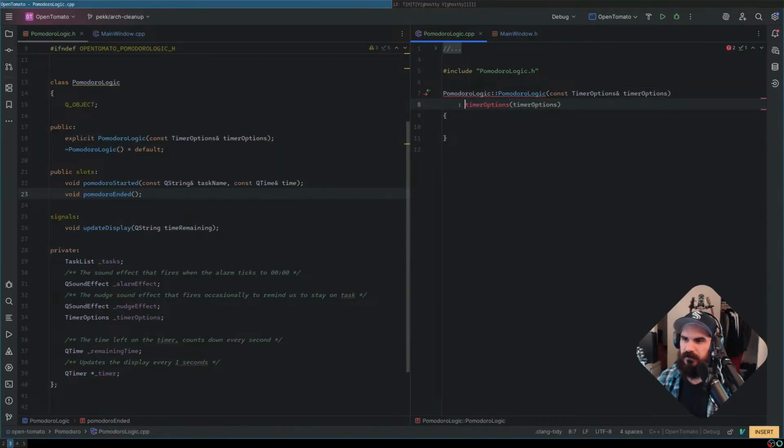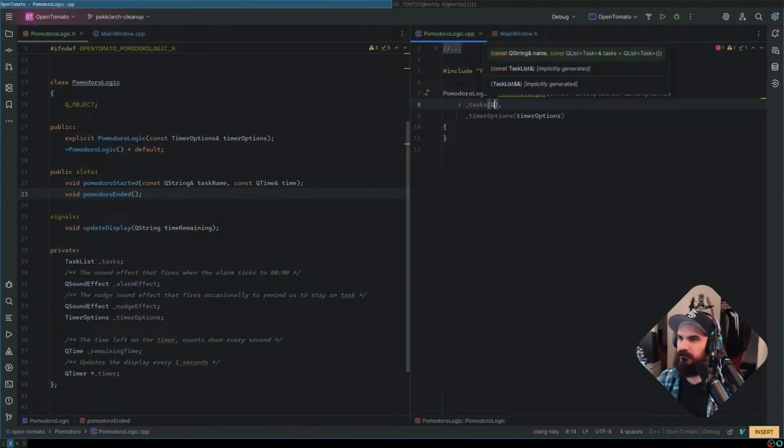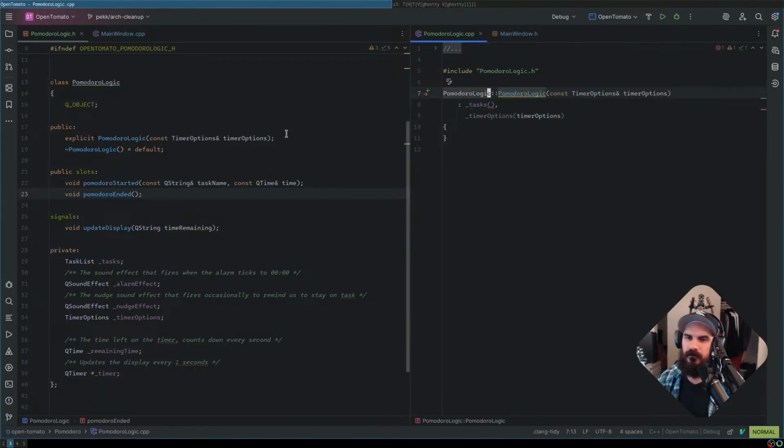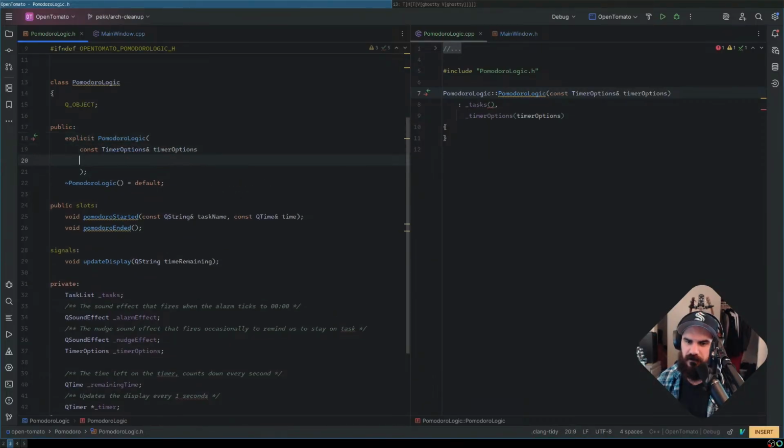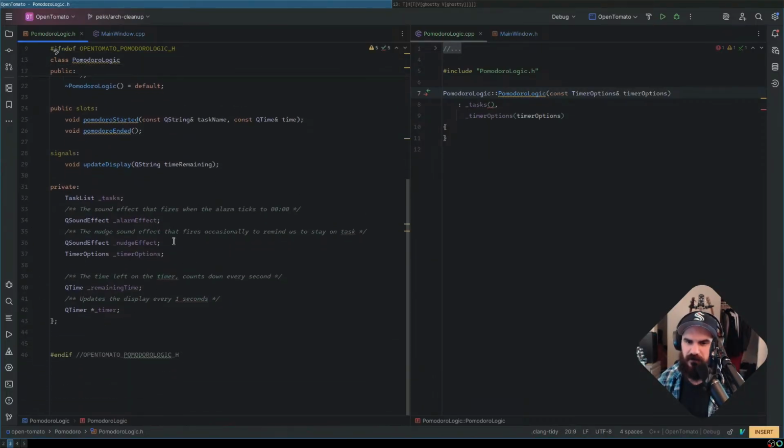Timer options. You don't even know the name of my stuff, boyo. Initialize member tasks. Yeah, no, like initialize all the members. Come on, AI. You're kind of flaking on me here. Oh, well, we can also have, wait, hold on. Let me flesh this out. Because what else do we have here? We're going to have a list of tasks.